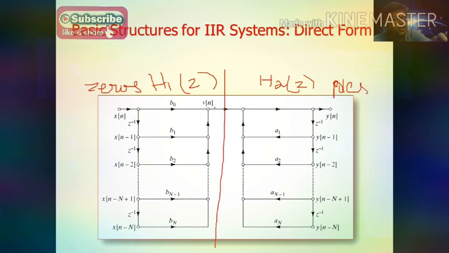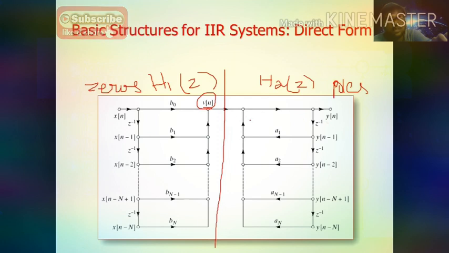This is your dummy output. For the first system, it requires a dummy output because this system only has the b naught constant term and the summation of dk into x of k, z power minus k, along with the input signal. So there is no actual output y of n. I introduce a variable, v of n, or we may call it w of n. This is your dummy output variable for the first system. Now this can be given as an input to the second subtransfer function, H2 of z. Here the actual output is y of n, but there is no other input corresponding to the actual input.